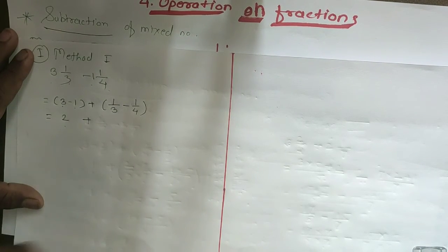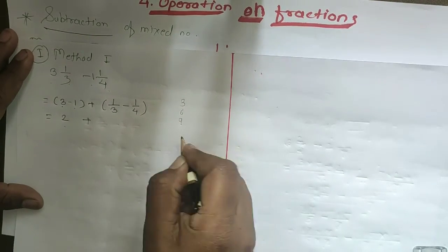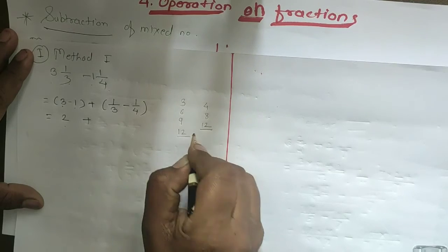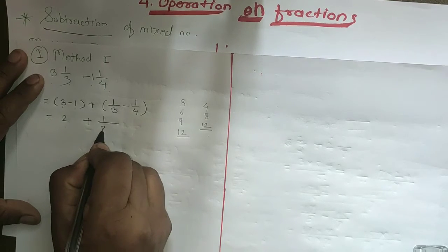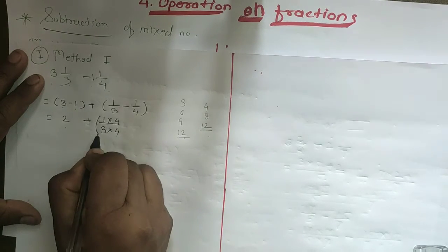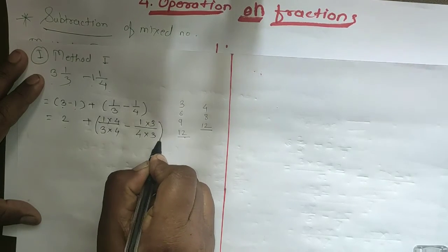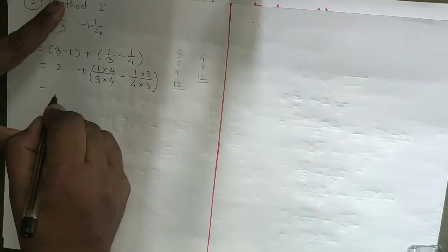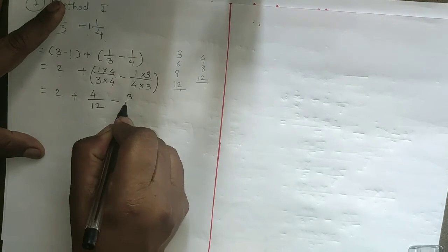And to make the denominators same, what do we have to do? The first common number in the 3's and 4's tables: 3 1s are 3, 3 2s are 6, 3 3s are 9, 3 4s are 12, 4 1s are 4, 4 2s are 8, and 4 3s are 12. So this is the first common number. Okay. So to make 1 upon 3, you just multiply it with which number? In 3's table, 12 is at which place? 4th place. Okay. And for minus 1 upon 4, you just multiply with 3 because in the 4's table it is at the 3rd place. Now, first term, write 2 plus 4 1s are 4 upon 12 minus 3 1s are 3 upon 12.